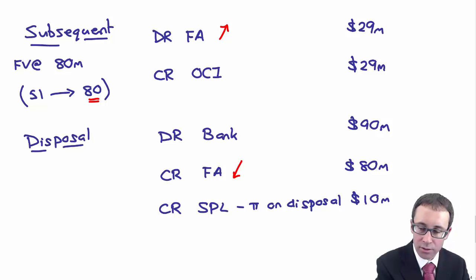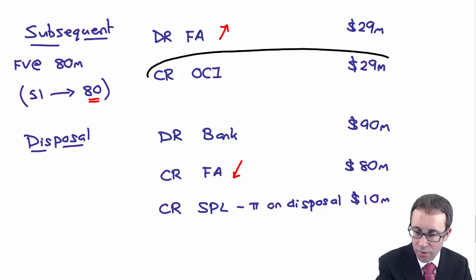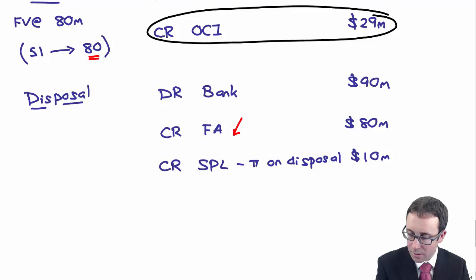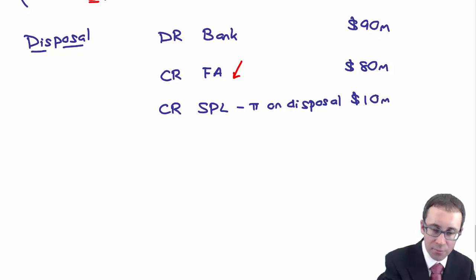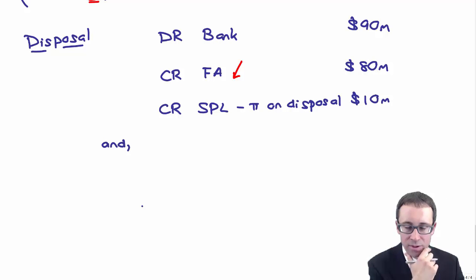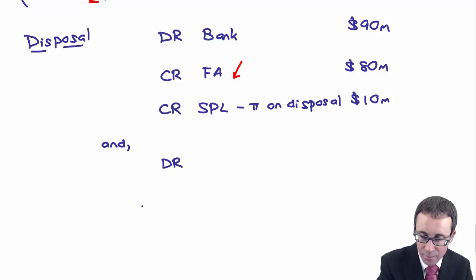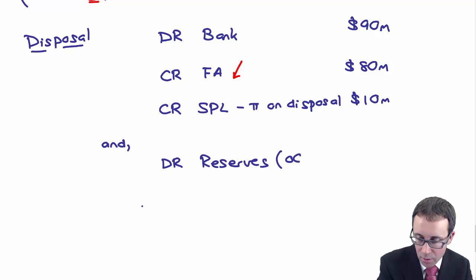However, what you've got to go through and think about there is that stuck within your reserves is this balance, is it, of 29 million. So what we do is a process, I think we refer to it as recycling. That's like a buzzword, isn't it, of this current century, recycling. It's important as well. In that what we do there is that we debit our reserves. So here that would be your other component of equity with the 29 million. And then you will credit